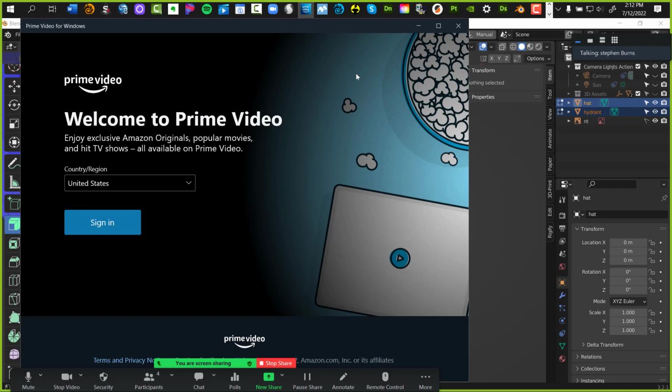Good. Extrude the hat up. Pull it out with an extrude, then a left click. Extrude and a right click, and then pull it out, and then extrude up. Okay. Yeah, that's it.